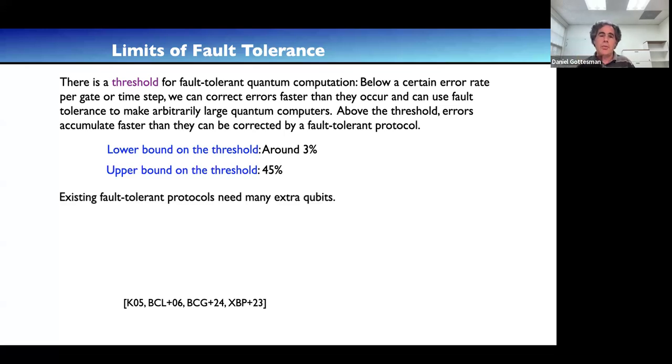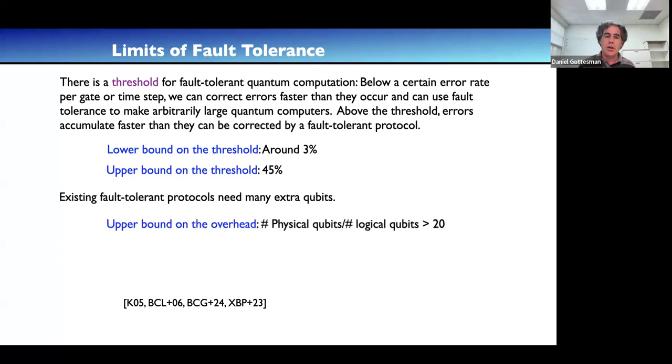So the other main fact about fault tolerance is that these fault tolerant protocols require a lot of extra qubits. So again, you can ask how many qubits are needed in realistic protocols and how many qubits are actually the limit.